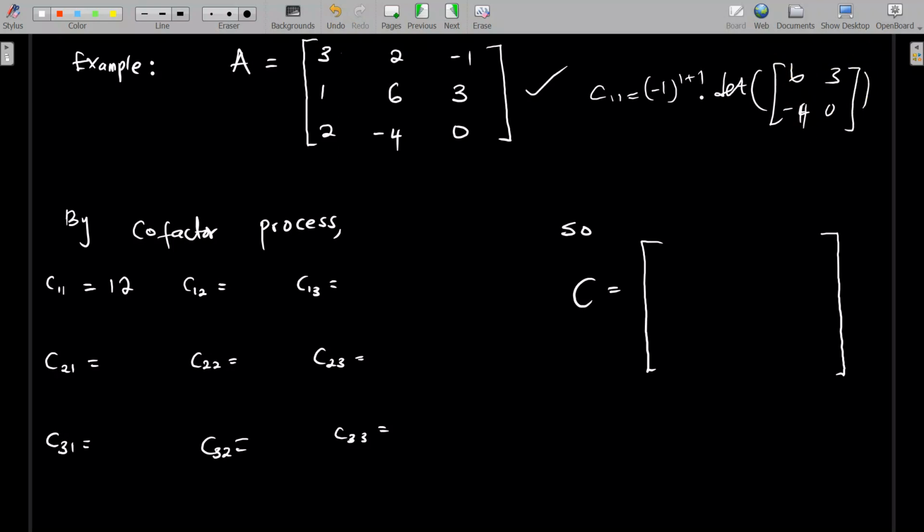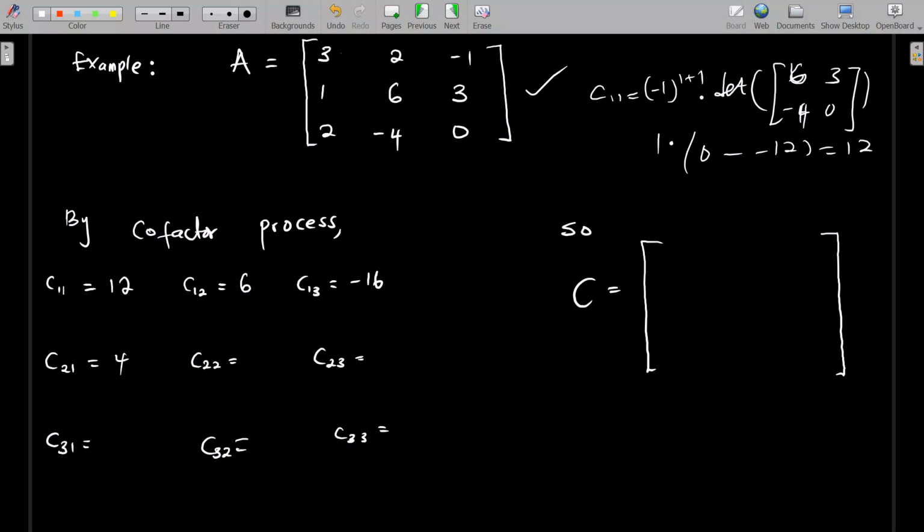And for the determinant of a 2 by 2 matrix from our lesson, -1 to the power 2 will give me 1 times the determinant, which is 6 times 0, which is 0, minus -12. And that will give us 12. So that is C11. You're going to go through all these entries you have here. So C12 is the 1, 2 entry of A, and then C13 and the rest like that. If you do this properly, you're going to get C12 to be 6, C13 to be -16,